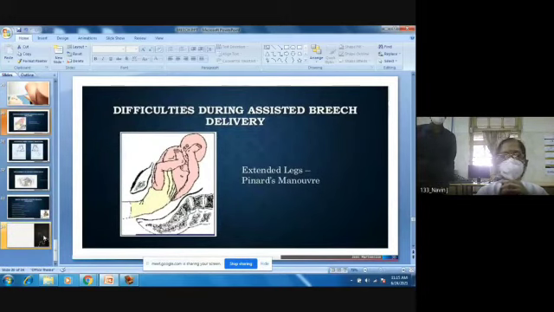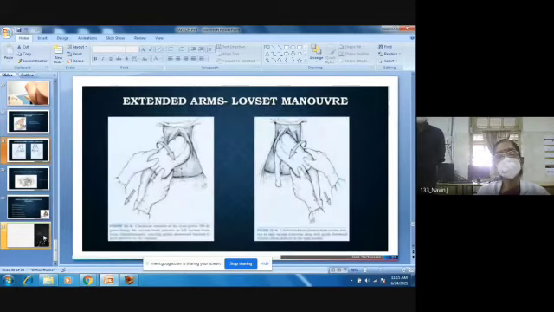So we can have difficulties inherent in breech delivery, a lot of difficulties at various levels. Sometimes the baby's legs will be extended. What can happen? The baby's legs will not come out. So the obstetrician puts her hand in and with her fingers presses on the baby's popliteal fossa. Then the knees will flex, and the obstetrician grasps the baby's foot and brings it out. That's called the Pinard's maneuver. Right.